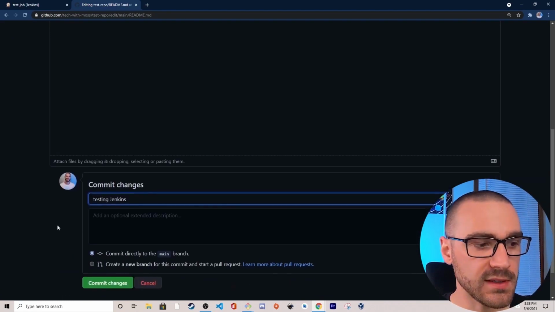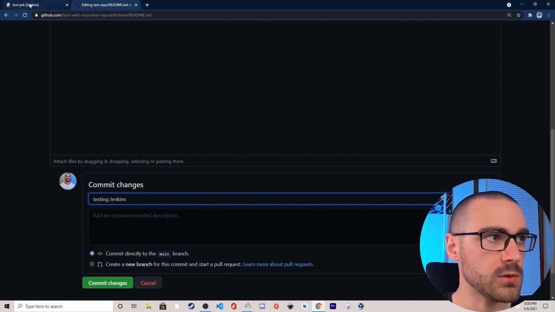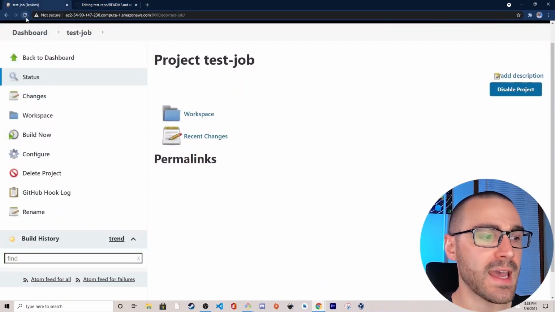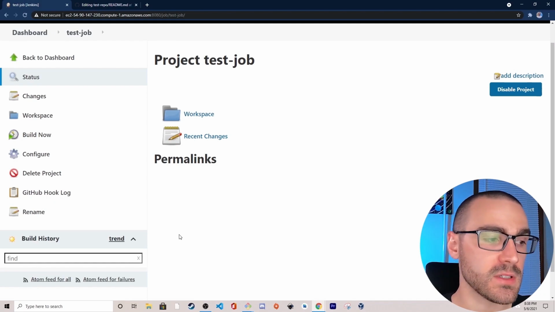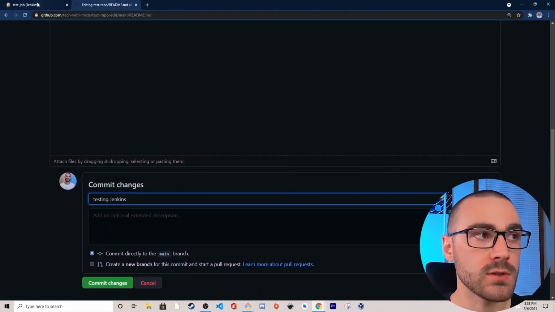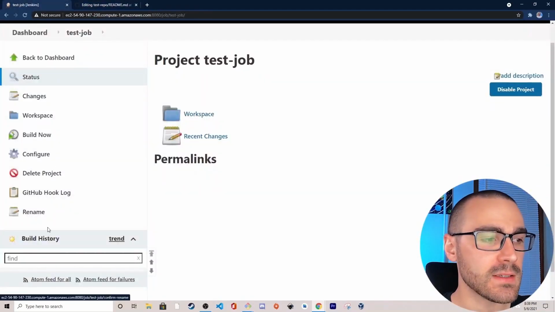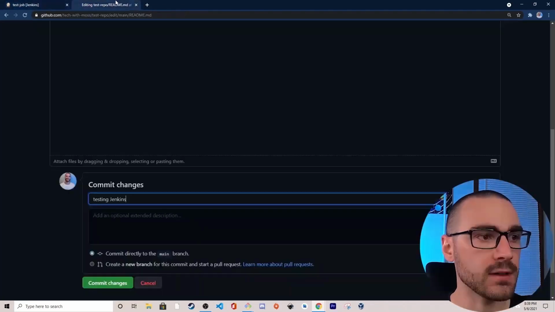And before I select commit changes, I want to show you that our test job currently doesn't have any jobs that have ran, or any builds that have previously ran, right? So after I select commit changes, we should see a build running in this Jenkins job. Okay, so I'm going to select commit changes,